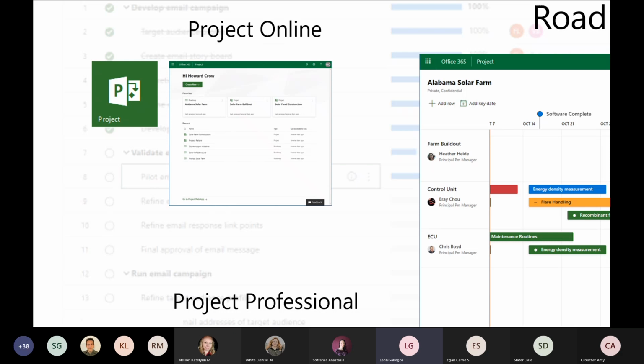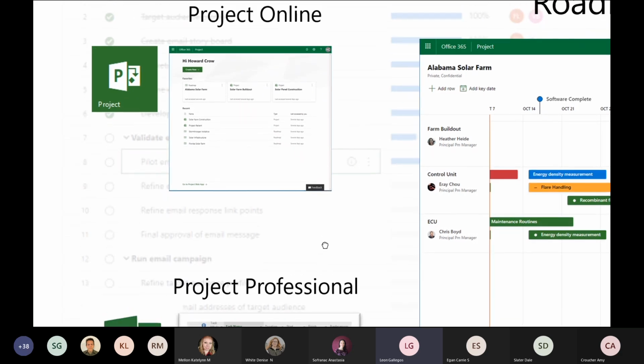This is where all of the projects are going to be stored. They're going to be essentially opened and saved and published, but not on the user's desktop. This is all going to be saved in a database that's available via the cloud in Project Online. And I'll show you guys a sample of that here in a moment.